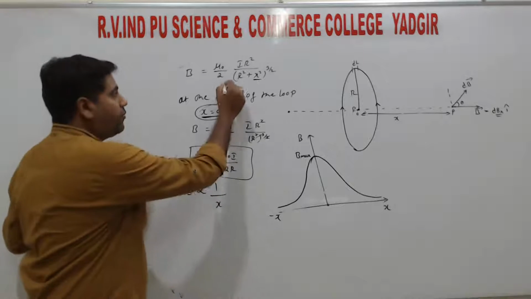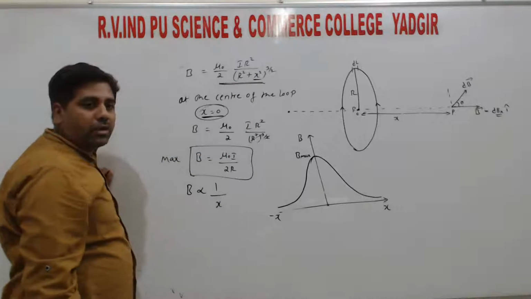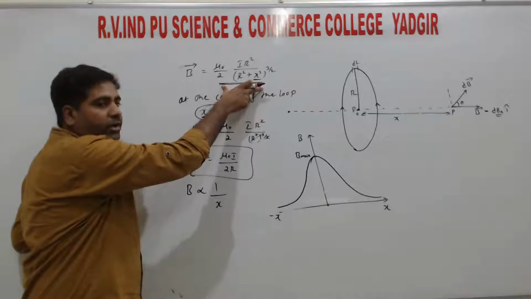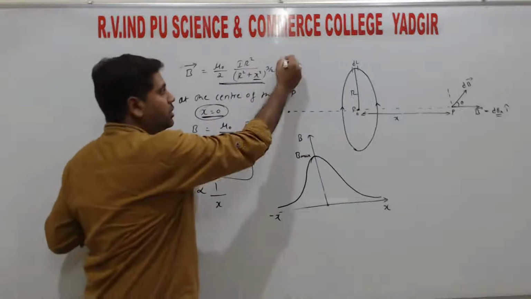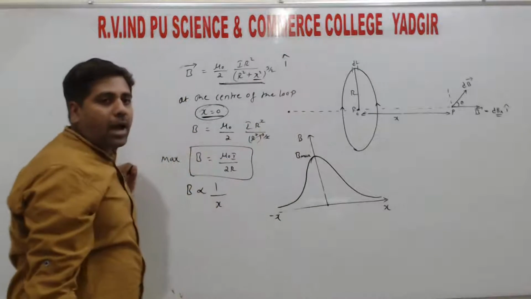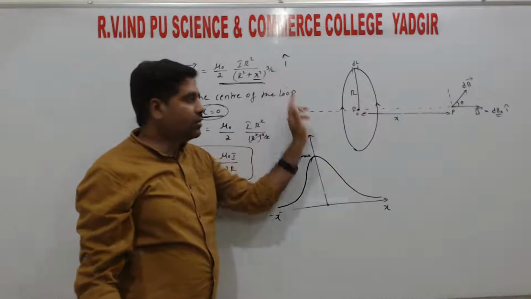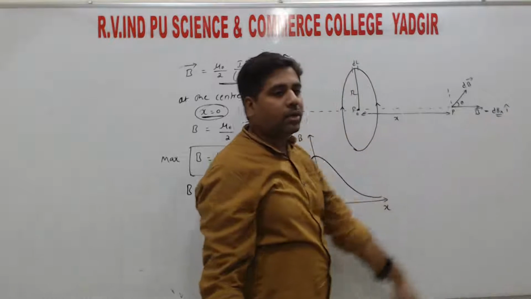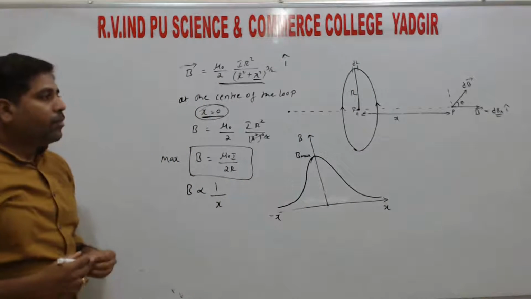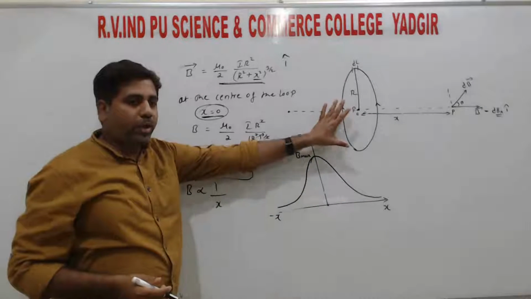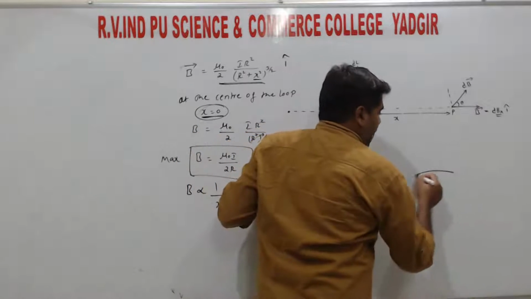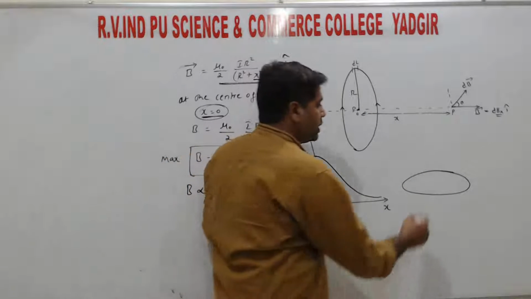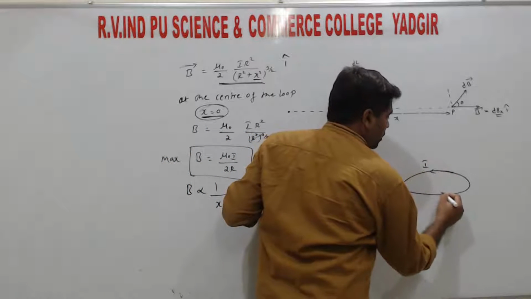What we found here is called the magnitude. As the magnetic field is a vector, it has magnitude along with direction. In the last derivation, we took i cap, which gives the direction along the x axis. To represent the x axis, we used i cap. But in case we have the circular loop along the horizontal, in this shape, with current flowing in this direction,